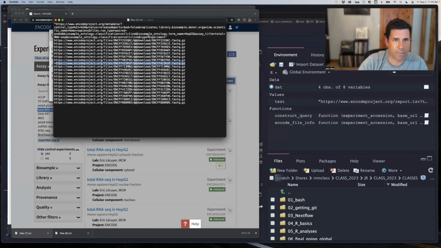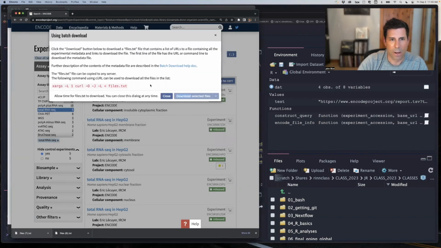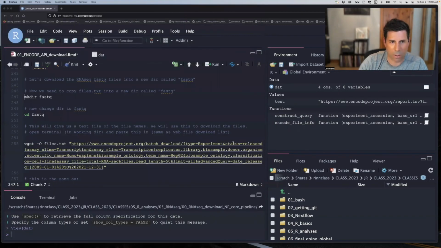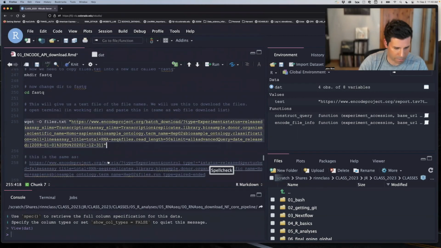And this is why we skipped the line, because this is the URL that gives you the information of where to go to get these files. But we could wget that URL, or we could run the recommended xargs and download the files here, where it gives us this code to do that. And so if we downloaded files.txt, it would look like this, and we can do the same thing now here in our code, where we can take this files.txt that we just downloaded on the web,